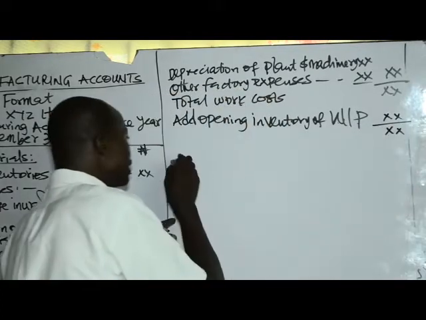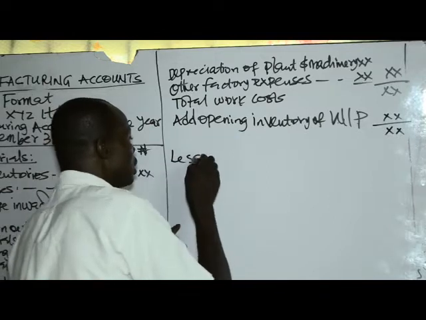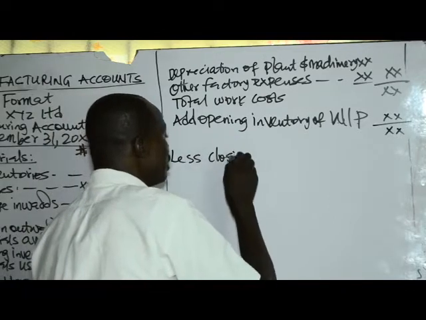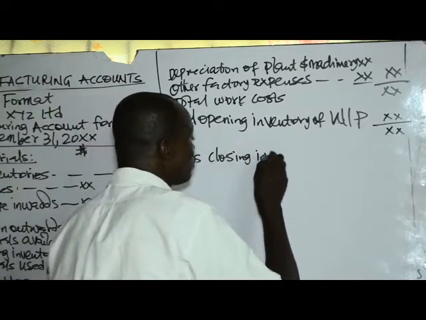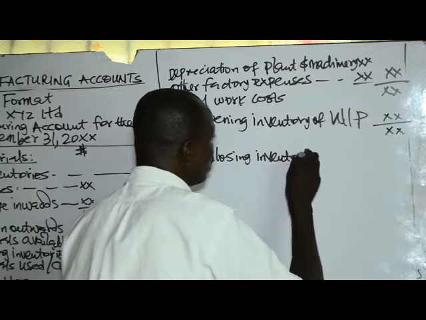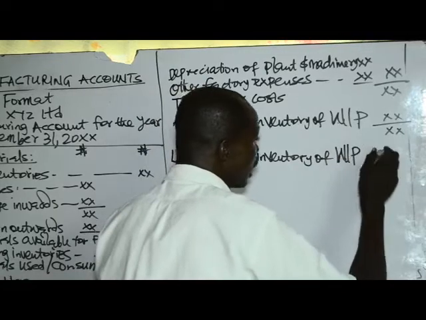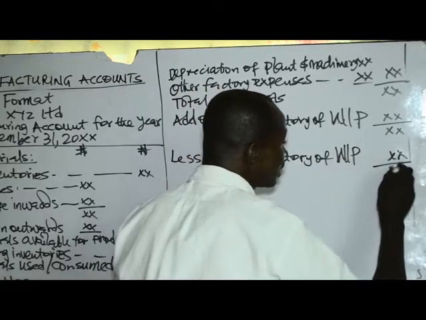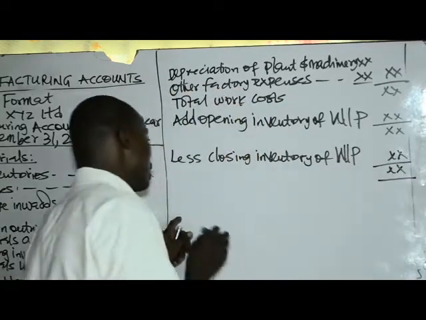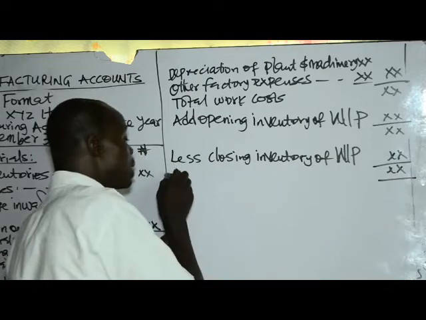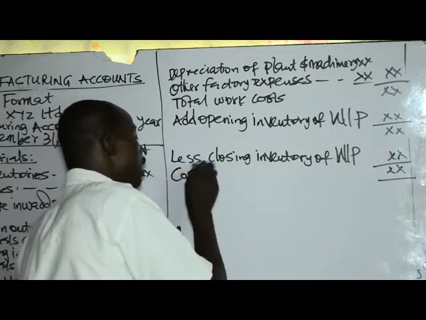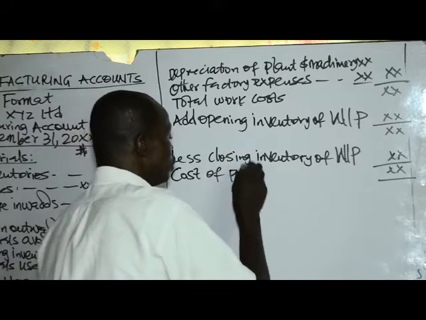Then now less closing inventory of work in progress. By the time you less the closing inventory of work in progress, you less the cost, you get the cost of production